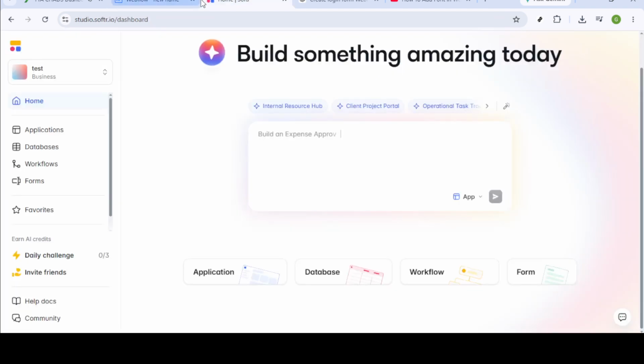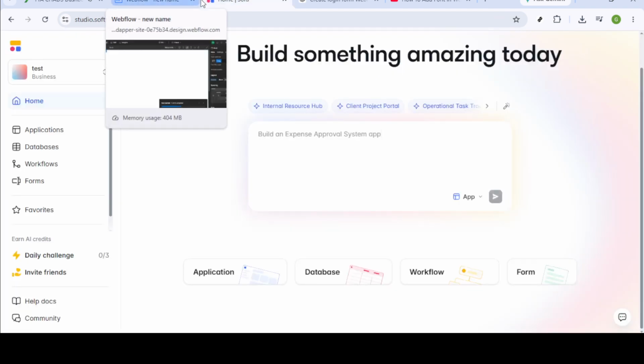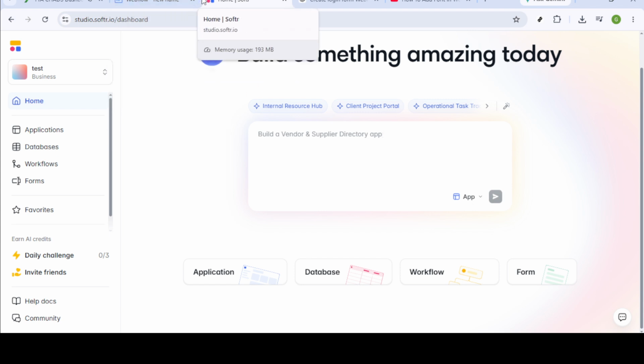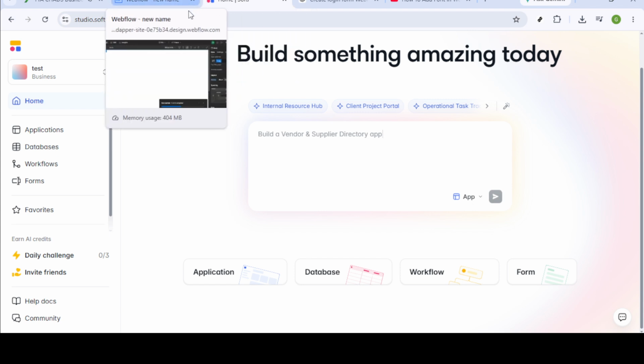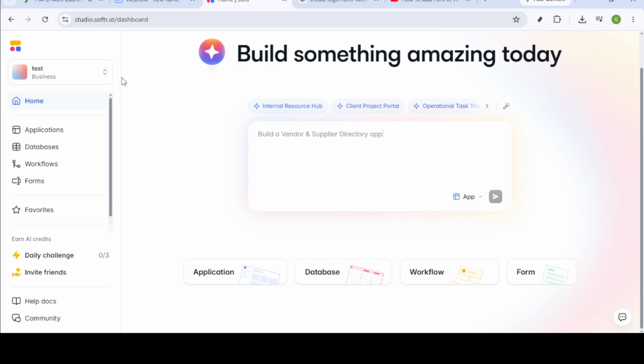However, Webflow takes it a notch higher with excellent SEO tools, which can be crucial for businesses needing to boost their online presence. When we look at animations and custom code capabilities, Softr provides basic animations and limited custom coding support. Webflow, however, excels with advanced interactions and animations, along with extensive custom code support, allowing for more sophisticated web